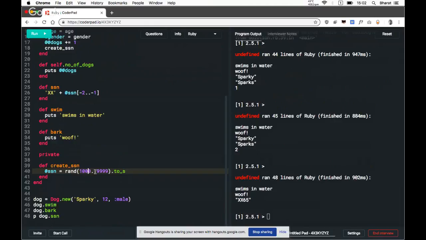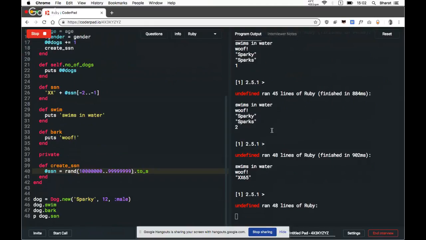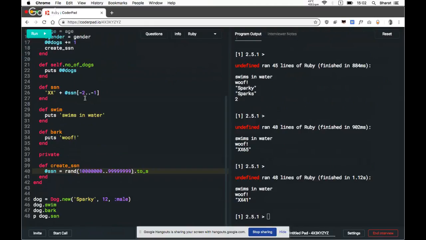We can make this more complicated. Runtime increases, but we can be more logical about this. You can say @ssn 0 to 3 dot length dot times.